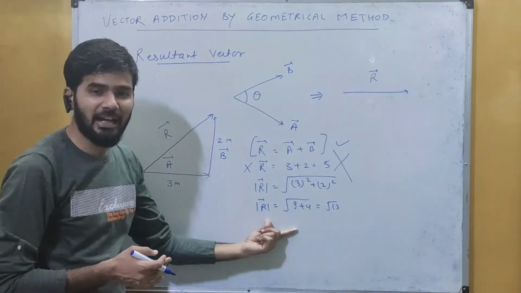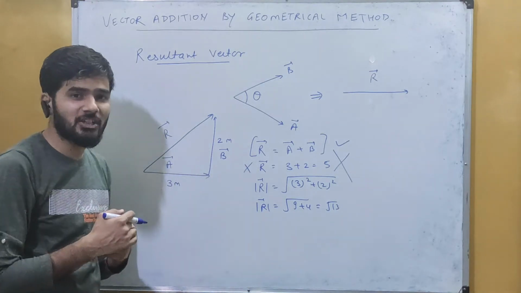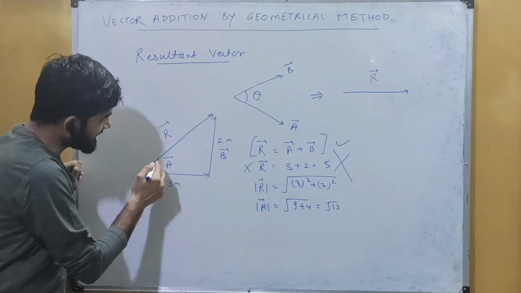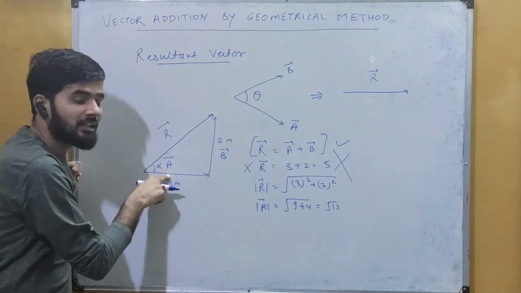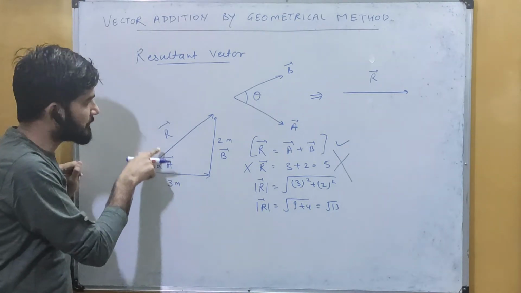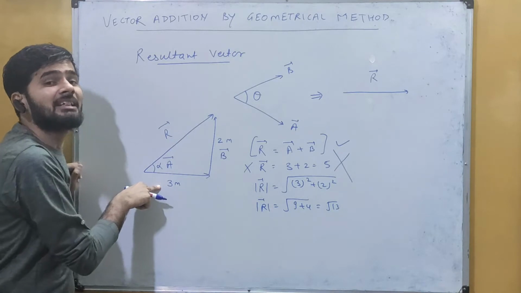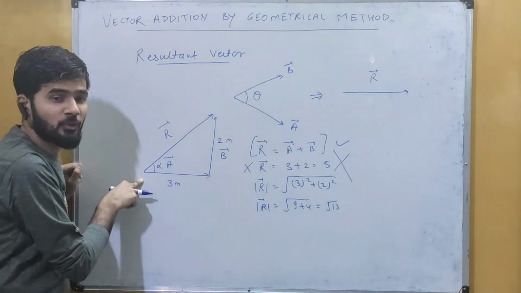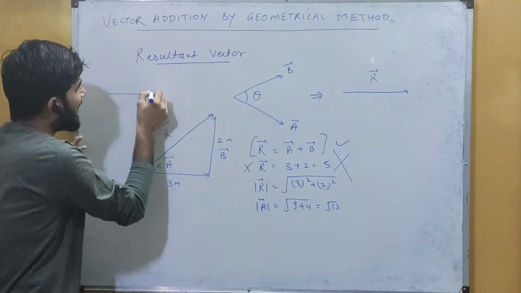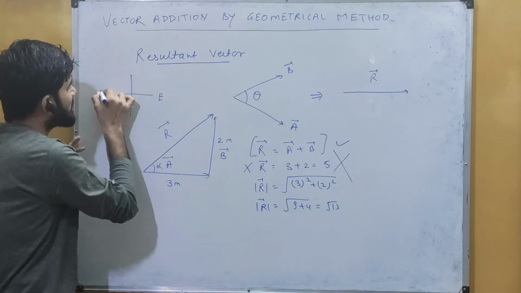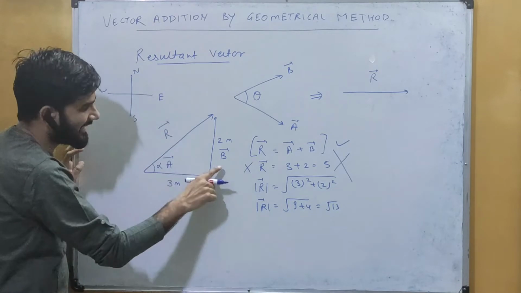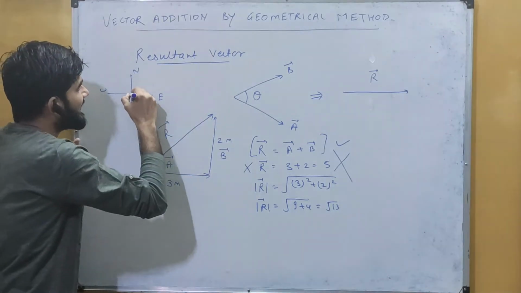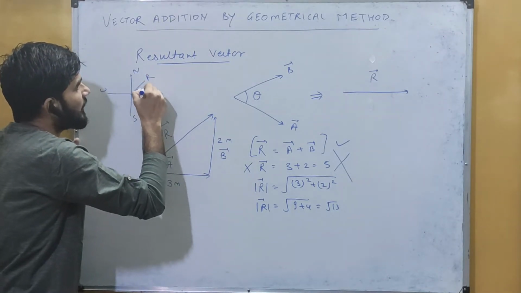Okay, यहाँ पर हमने magnitude तो calculate कर लिया. Now what about the direction? Direction, you can say, makes an angle of alpha with the vector A. मतलब जो resultant है वो A के साथ कितना एंगल बना रहा है? अल्फा. Let us assume that we have these directions east, west, north and south. Here this is moving towards the east and this is moving towards the north, and this resultant is making an angle of alpha.